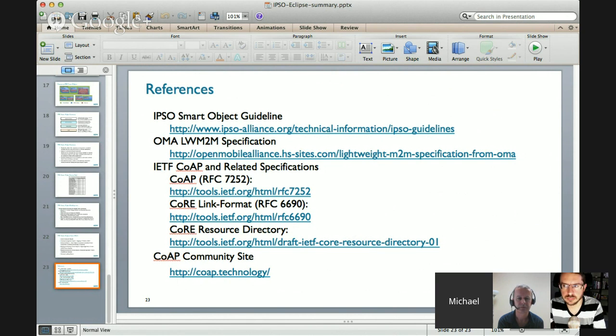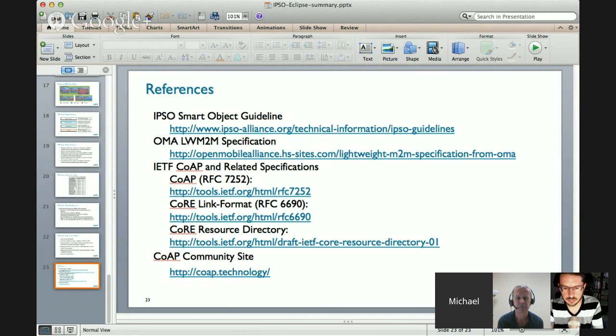And then I have references here to OMA Lightweight M2M. Basically, to get started, I would download the Smart Object Guideline, download the other stuff or look at it and familiarize yourself with the specifications a little bit. I think on the IPSO website there may be some other material, some explanatory material, and I'm working on creating more of that even as we speak. So basically, look at that stuff, and then for servers,